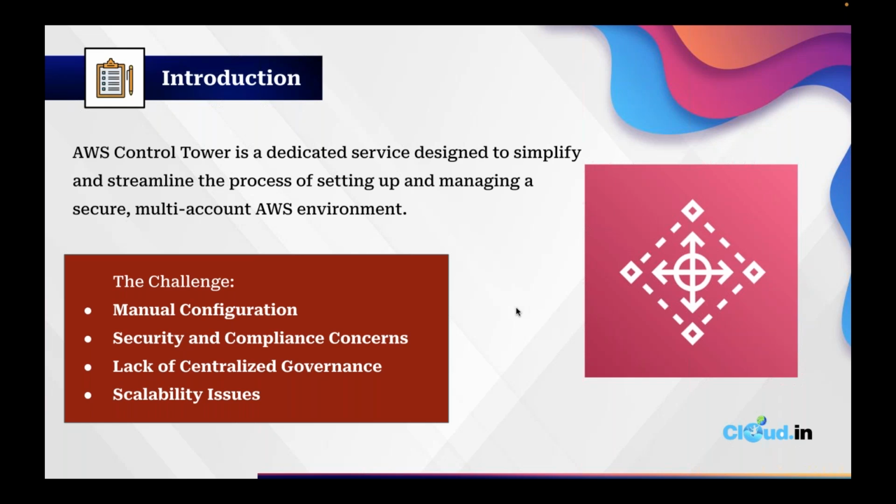So it does this by applying controls, also known as guardrails. For example, these controls ensure that all the critical security logs and cross account permissions that are created also stay unchanged. So when you're managing many accounts, having a tool like AWS Control Tower makes all these deployments and governance much